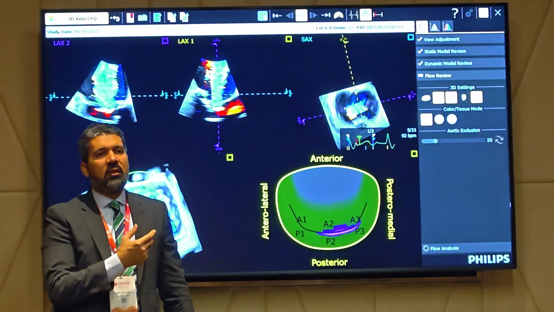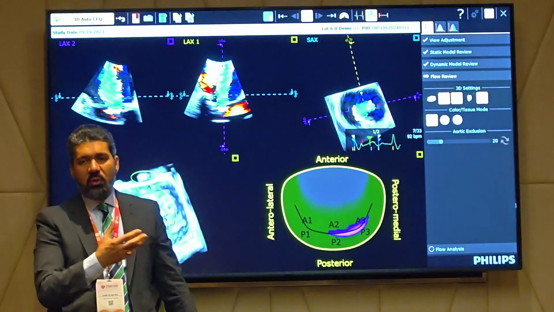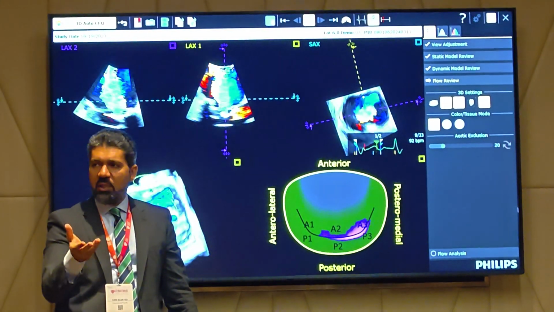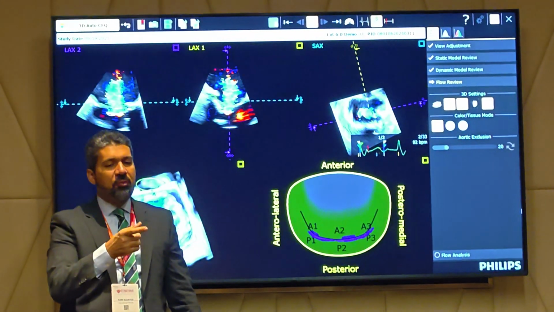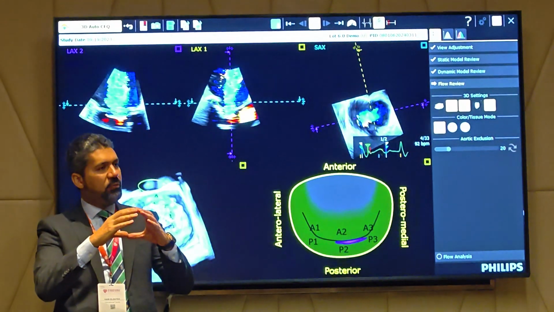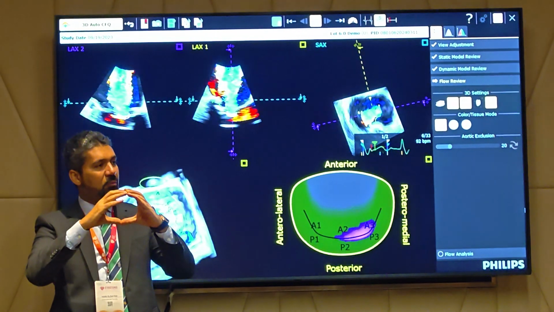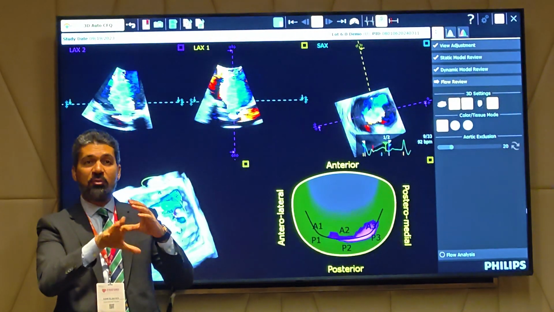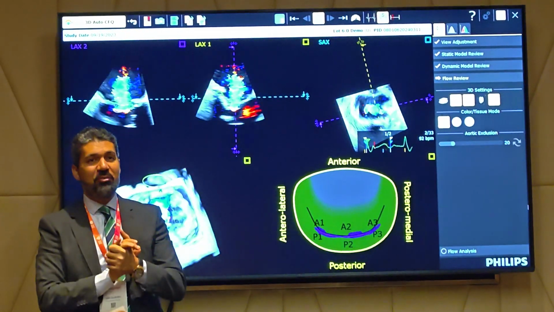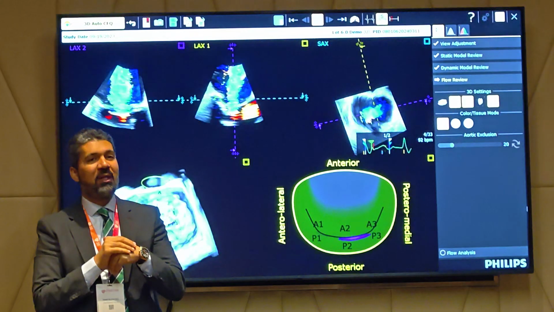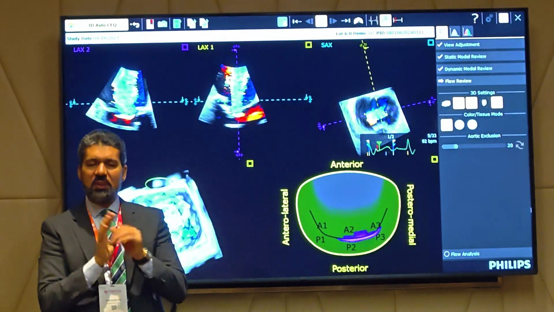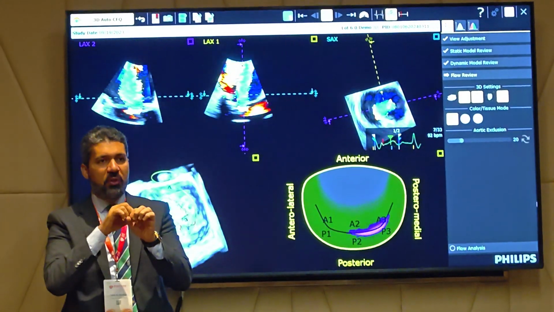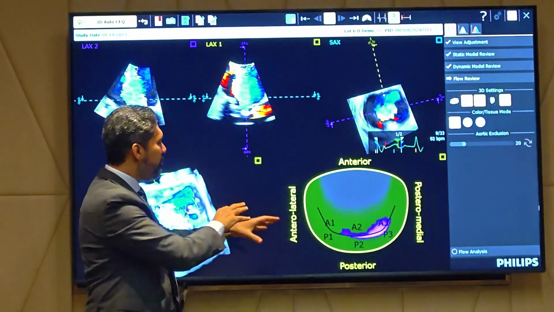What is this? In physics, we know all of our calculations in echo are derived from physics, right? In physics, they can calculate the flow through a circle. But there is no physics equation till now to calculate non-constant flow through a non-circular orifice. That's quite difficult for physics now. So what they did, they said, okay, if we know how to quantify through a circle, even if this orifice